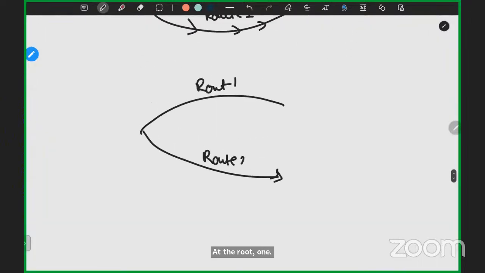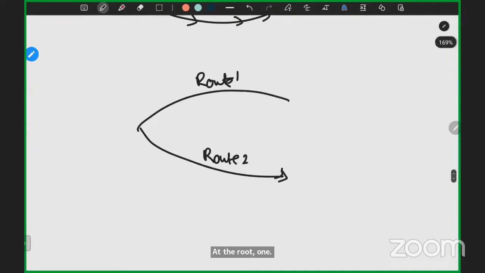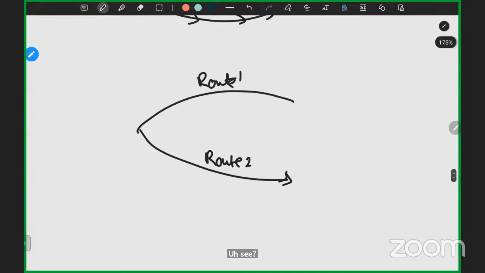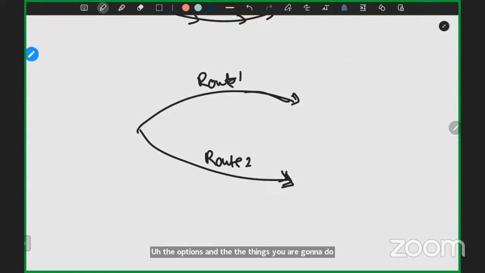The confusion you will always come across is that, English-wise, we have two options, route one and route two. But the catch is you will not multiply, you will add them, because either you go with this route or this route. The options and the things you are going to do in real life are different. Either you are going to go with route one